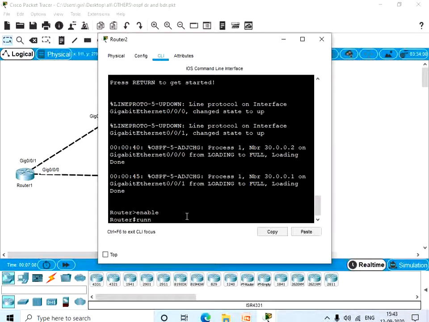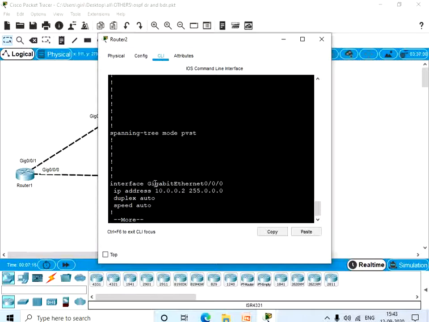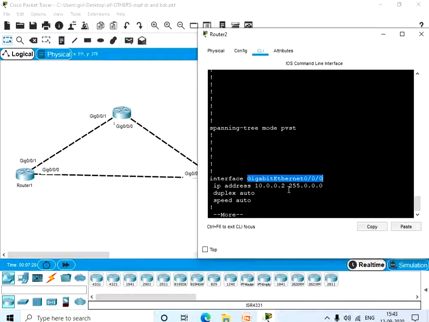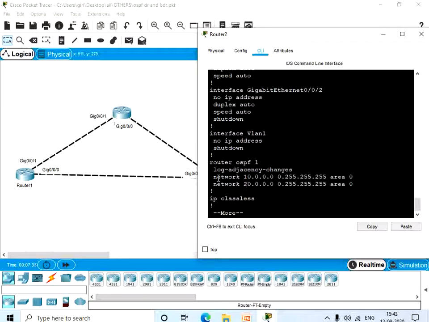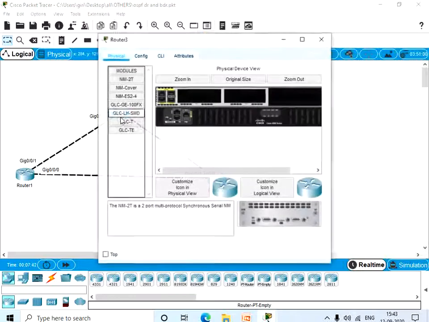Let's give enable, show running-config. Interface gigabit 0/0/0, which is connected to router 1, is configured with the IP address 10.0.0.2, and gigabit 0/0/1, which is connected to router 3, is configured with the IP address 20.0.0.1, and this router is also configured with OSPF.